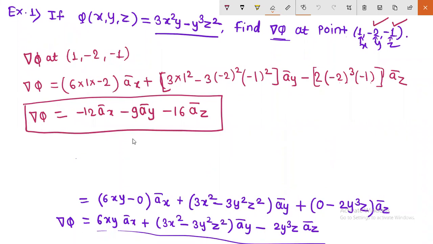Today again we'll see what's the time. Okay, 3 minutes are still there. We'll see one example and I'll give you one homework also. If it is over, I'm erasing. So take one more example, example number 2. I'll give one example so that it will cover cross and dot product also.